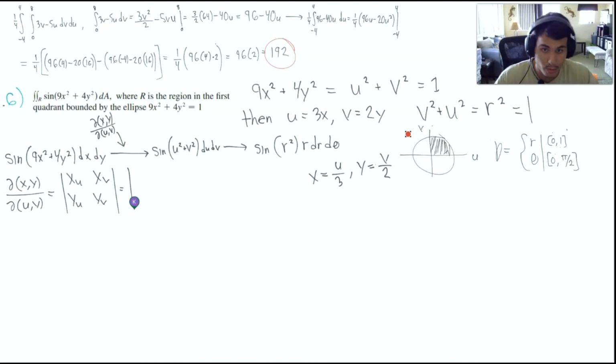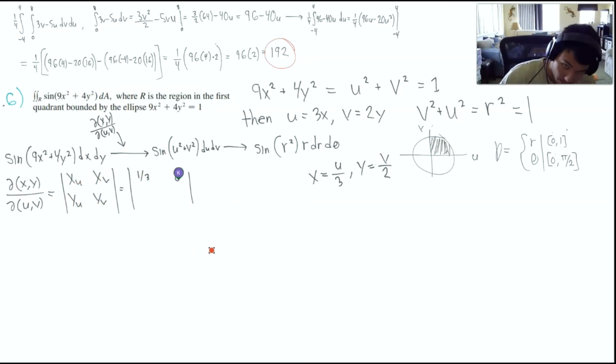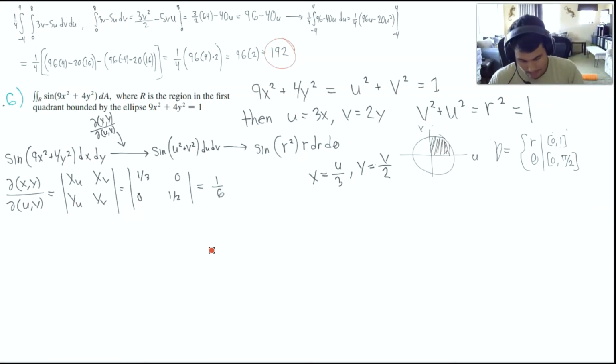Then if we take the derivatives of both of these with respect to those variables in this order, we'll get 1/3, 0, 0, and 1/2, which is equal to 1/6. Okay, so now your final integral is 1/6